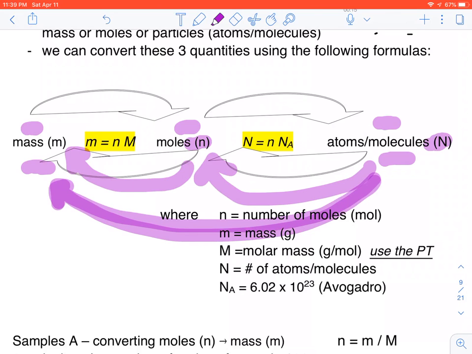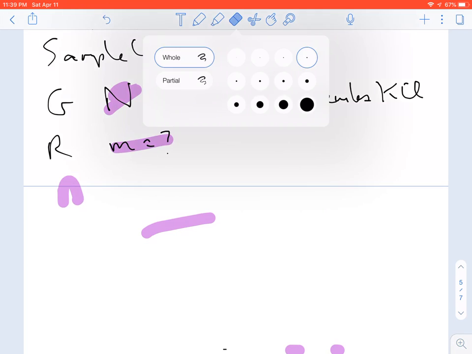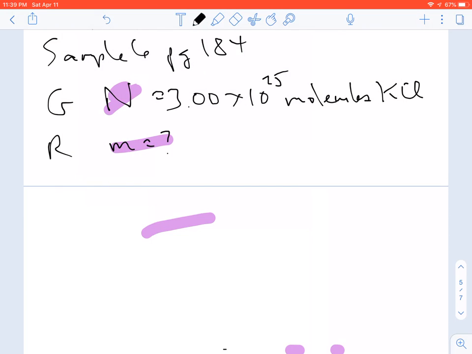All right, so back to my solution here. My solution says before I can calculate mass, I only have one formula for mass. That is mass is number of moles times molar mass. I know what the molar mass is. They actually told me in the question. Normally you would have to calculate the molar mass. 74.55